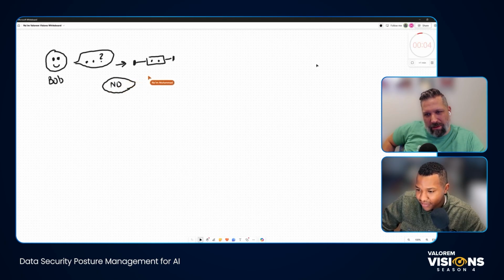It's specifically protecting sensitive information because what Bob is asking for is in a file that he does not have access to and he should not have any access to. So he goes to ask the AI solution about information in that file. He should be turned down immediately.